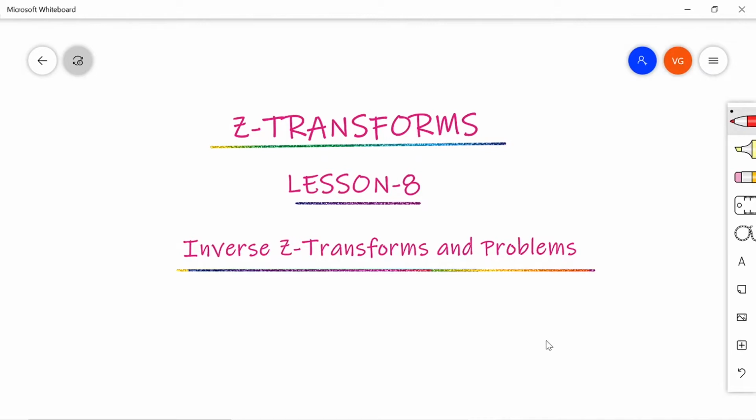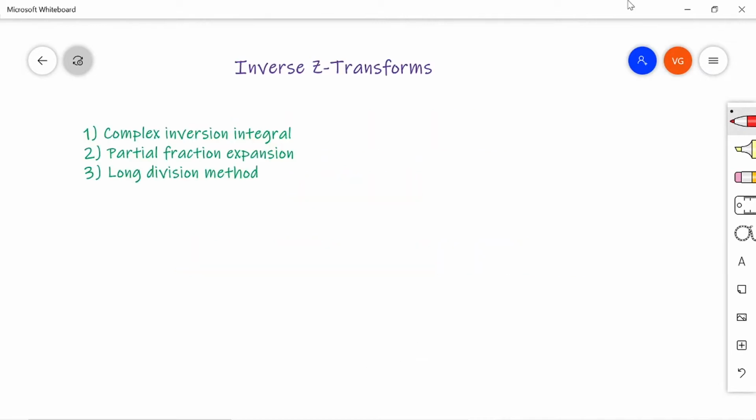As I said in my previous lectures, I have already discussed about Z transform. So if you have any discrete time signal x of n, to convert it into Z domain or frequency domain, that we call it as x of z, we need to apply a Z transform. Now, after finding x of z, to recover back your original signal, that means to convert your frequency scale to time domain scale, right?